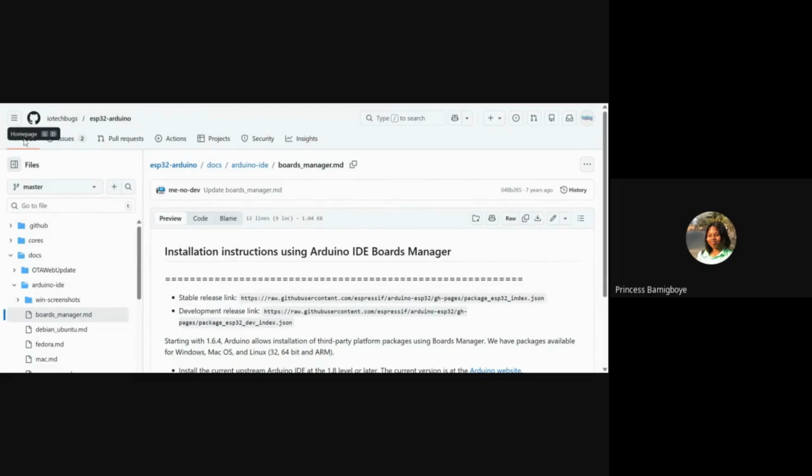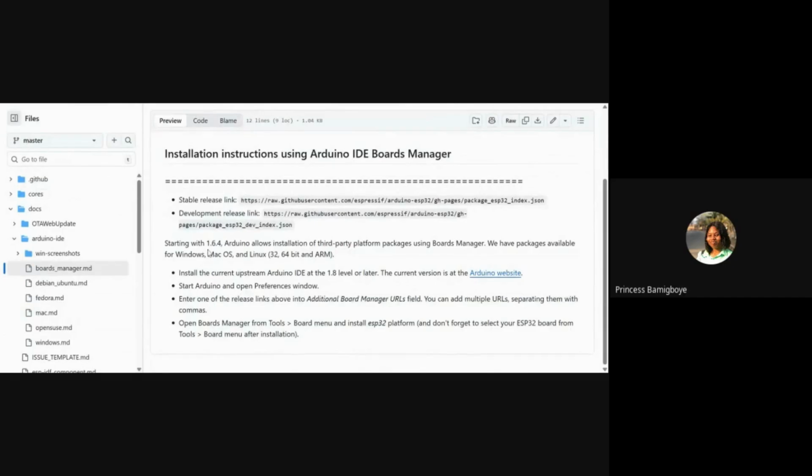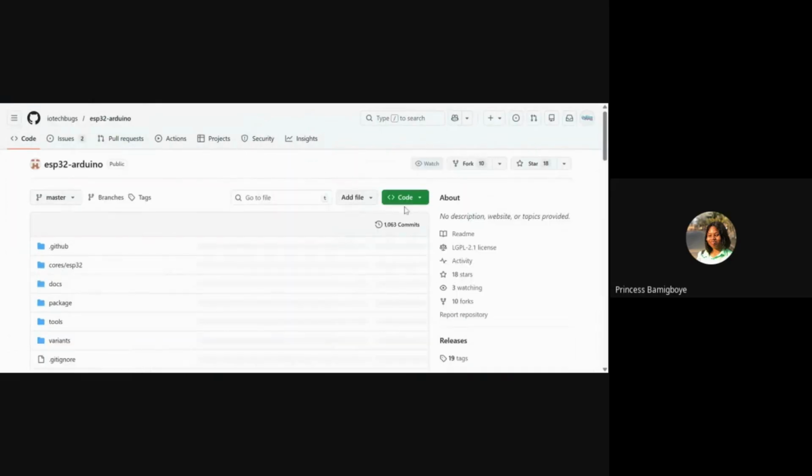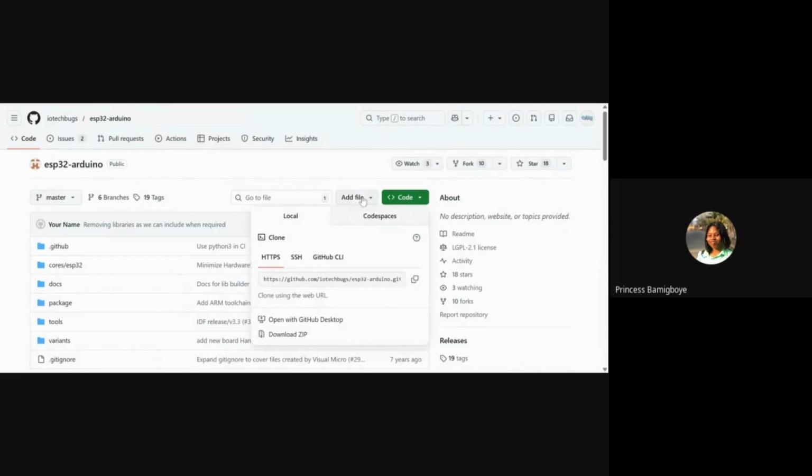So yeah, you can see it starting with the URL. These are the instructions, but I already know what to do. So I'll come here, press code, then press the drop down arrow, then download zip.